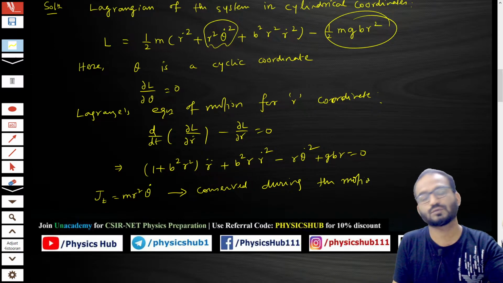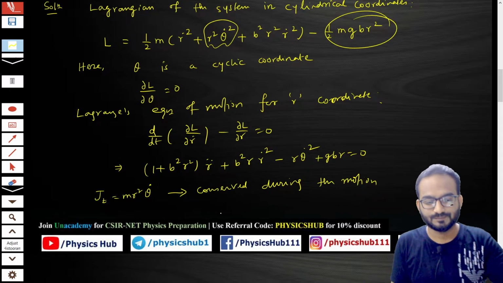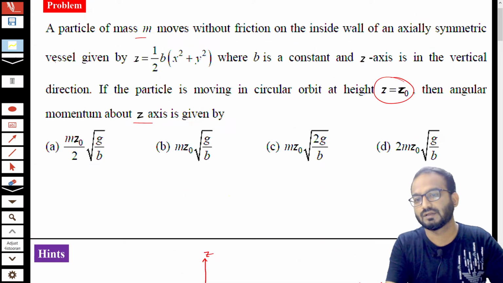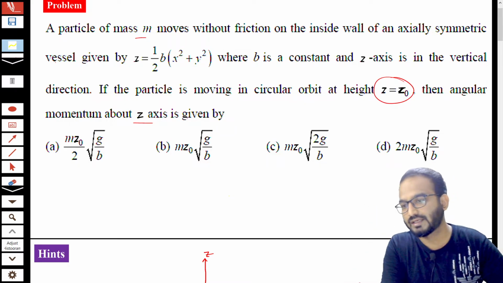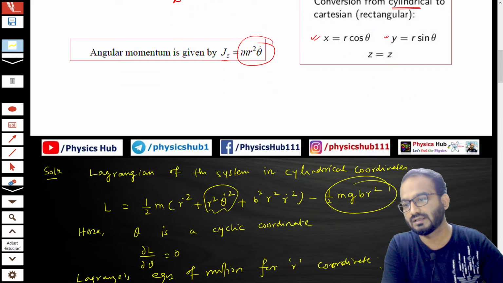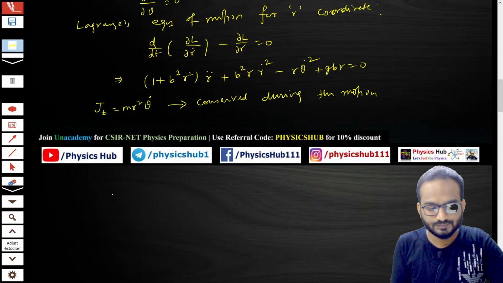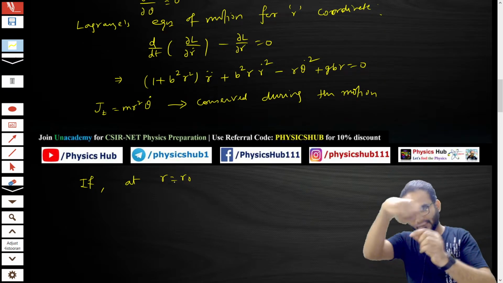because in central force motion, the angular momentum is always constant. So, it is showing a circular trajectory. You can see this particle is moving in a circular orbit, maintaining a height of z equals z0, and let's say the radius of that circular trajectory is r0. Okay, so at r equals r0, the fixed radius,